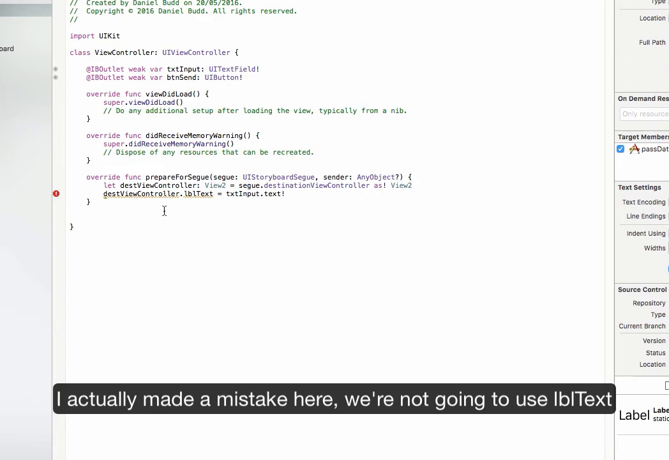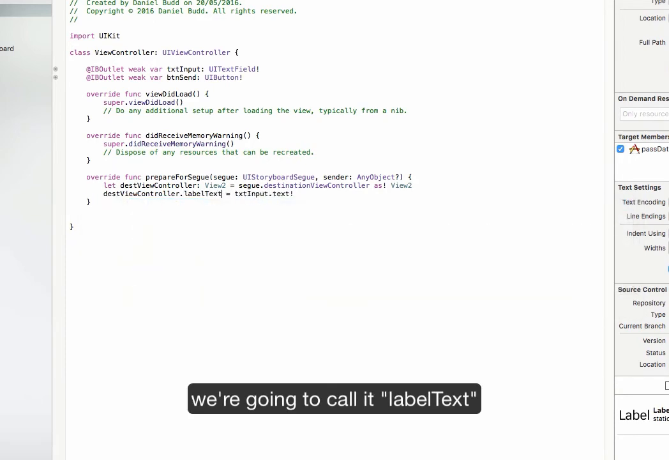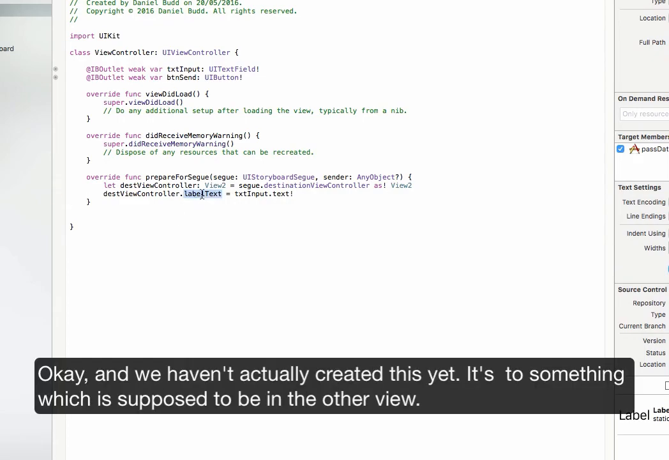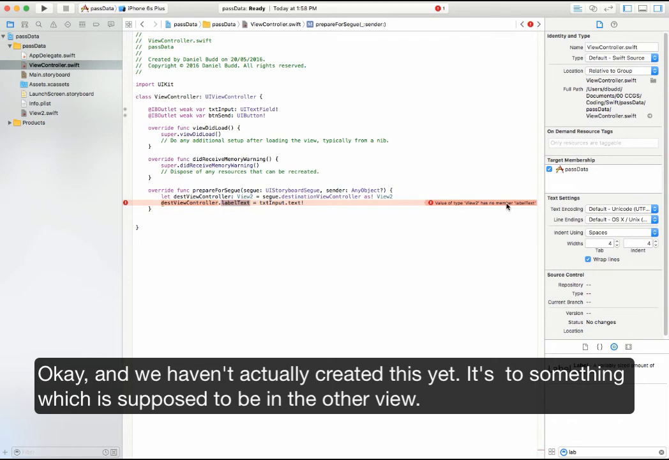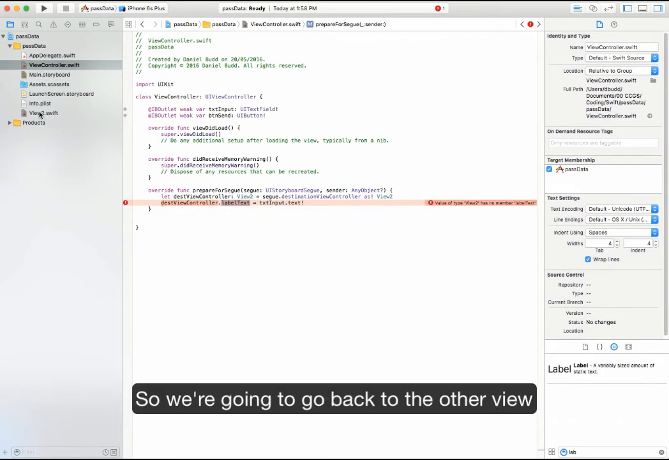I actually made a mistake here. I'm not going to use LBL text. I'm going to call it label text. Okay, we haven't actually created this yet, but this is referring to something which is meant to be in the other view. So I'm going to go back to the other view,